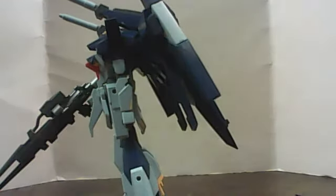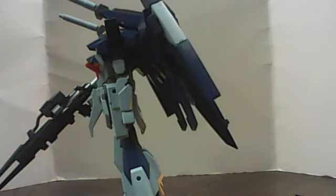Now it's not falling over backwards like crazy. I guess it depends on how you have the nose cone positioned, but you do have to have these barrels kind of leaning more forward than they should. Hoy! And now, like I said in the last video,